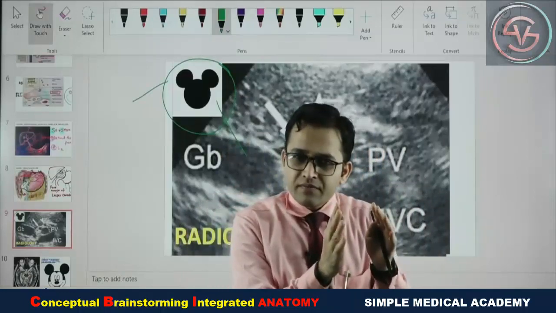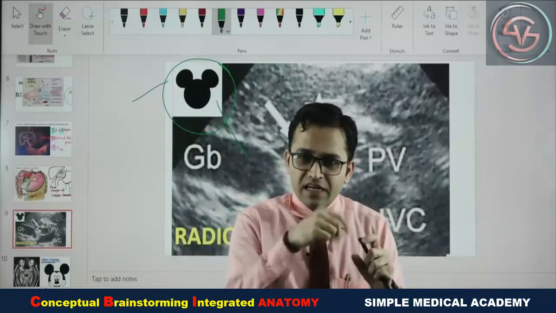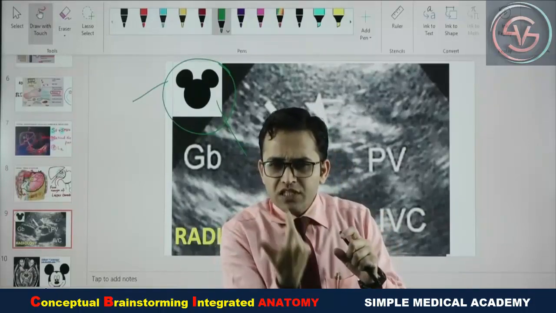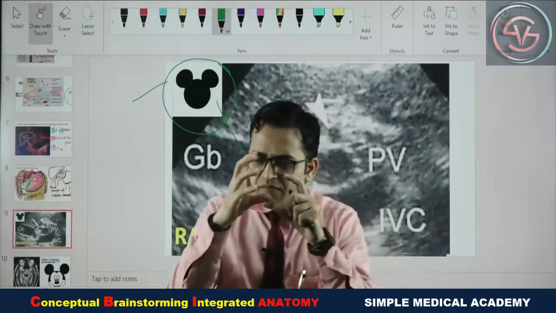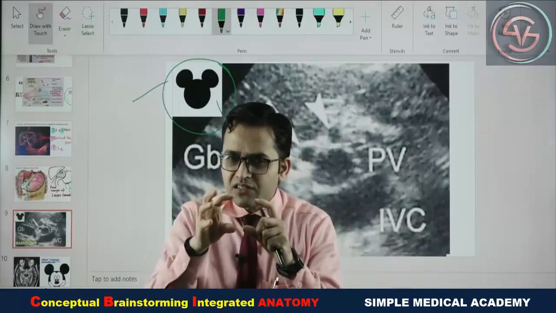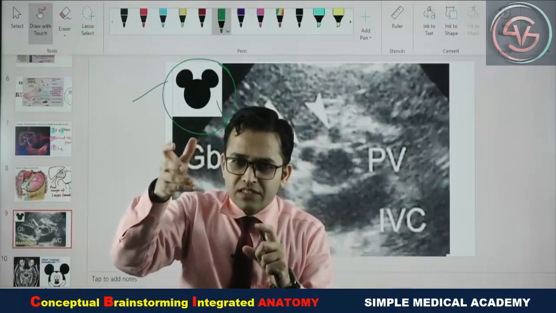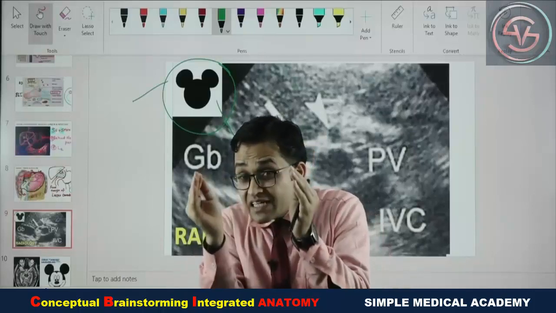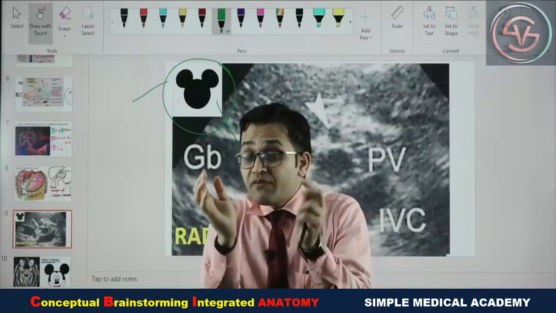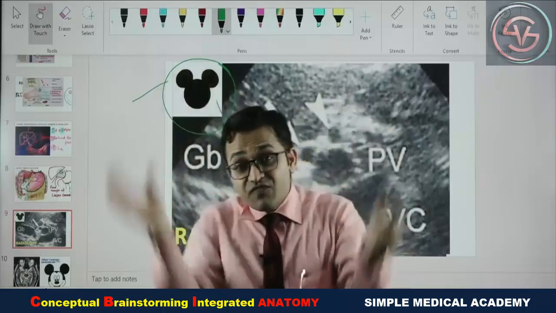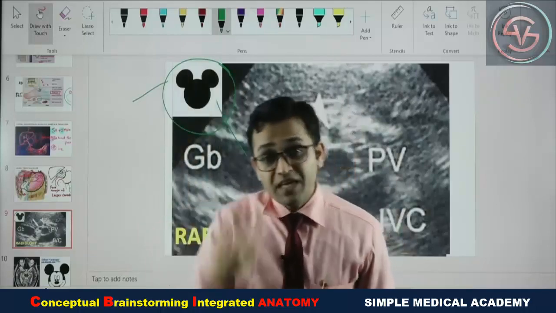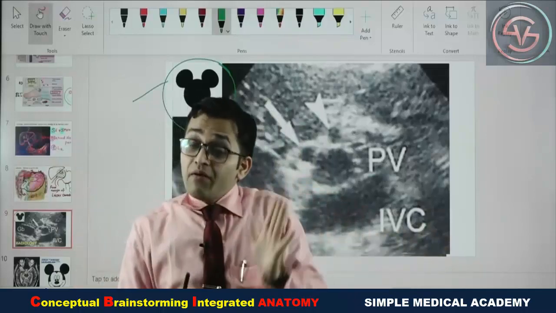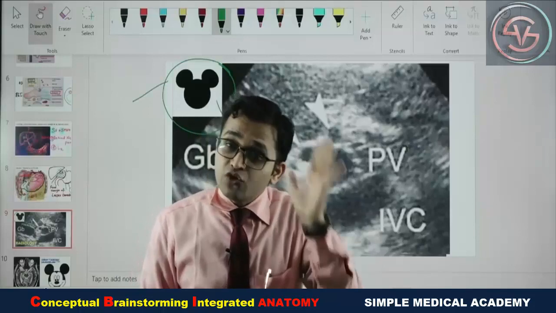You are reading the peritoneum, you are reading the greater sac, lesser sac, you are studying the free margin of the lesser omentum. What is the lesser omentum? You have to know. Along the free margin of the lesser omentum there is the vein, artery and the duct. Now you have to correlate this vein with your medicine, with your pathology. When this portal vein is dilated, it looks with the hepatic artery and the bile duct like the face of Mickey Mouse, which is known as the Mickey Mouse sign in your radiology. This is the way to study and to keep anatomy facts in your mind.